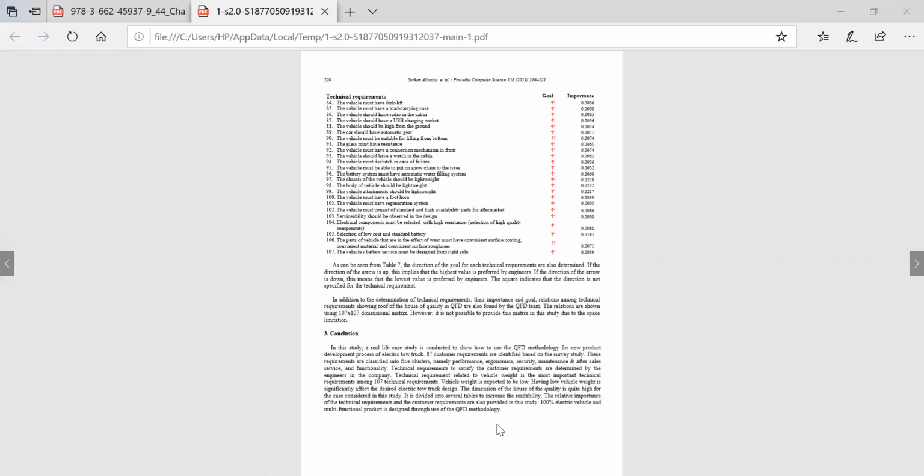In this way you can improve the change in the requirement in any new product 100%. If you implement the QFD methodology, your PDM, your virtual reality, you will be able to achieve 100% success based on the customer requirement, because you can scrutinize and check that every requirement of the customer is mapped to one or the other technical requirement designed by the design engineer. You will also know the goal of each requirement and its importance, because you will do the rating based on importance. Based on the rating you will take the tasks one by one.